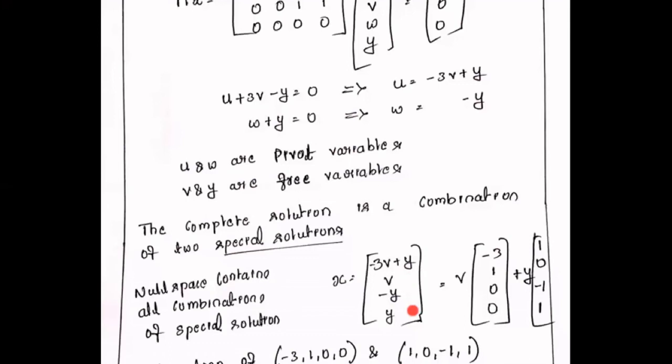So here you separate out. You have two variables actually, V and Y. If you separate it out, what is the V coefficient of that? It is minus 3. So I have entered minus 3. What is the Y coefficient? It's 1. Whereas in the second element, V is there, but there is no Y. So in the V column, you write 1, Y becomes 0. In the third, minus Y is there. There is no V here, that's why 0. Minus Y is there, no? That's why here the coefficient is minus 1. Similarly, you have Y. So V is 0 and Y is 1. So this is how you have to write it.